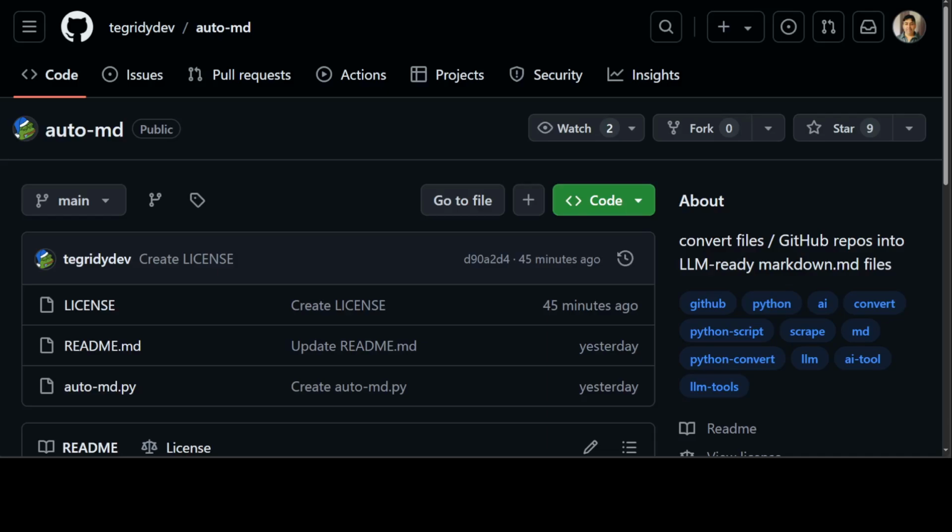You use special characters in this Markdown format which indicate formatting, such as for a header you simply add a hash. In order to make the text bold, you just enclose the text within double asterisks, and so on and so forth. And these Markdown formats are very valuable when it comes to giving LLMs their data. So you can use this tool, Automd, to convert various types of files and GitHub repos into LLM-ready Markdown